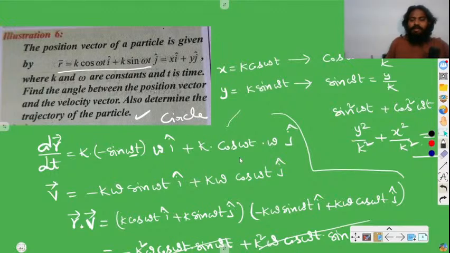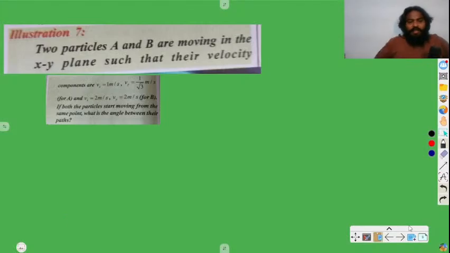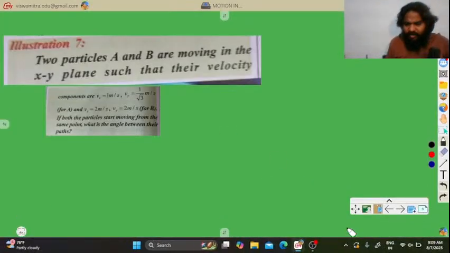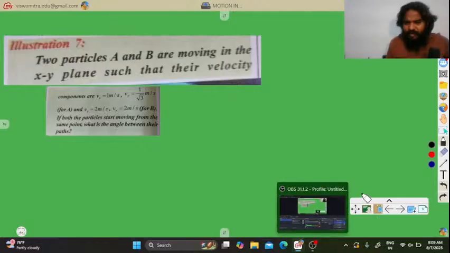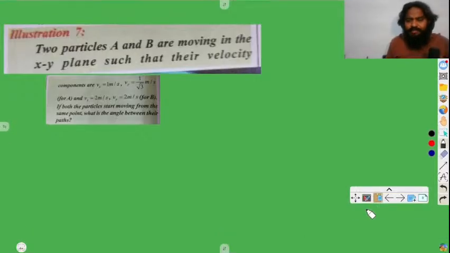Clear, right? Now let's go to the next question. Yeah, so in the next question what they are saying is, two particles A and B are moving in the xy plane. Let me check whether it is recording well or not. Okay, so now let's go back. Here what he is saying is that